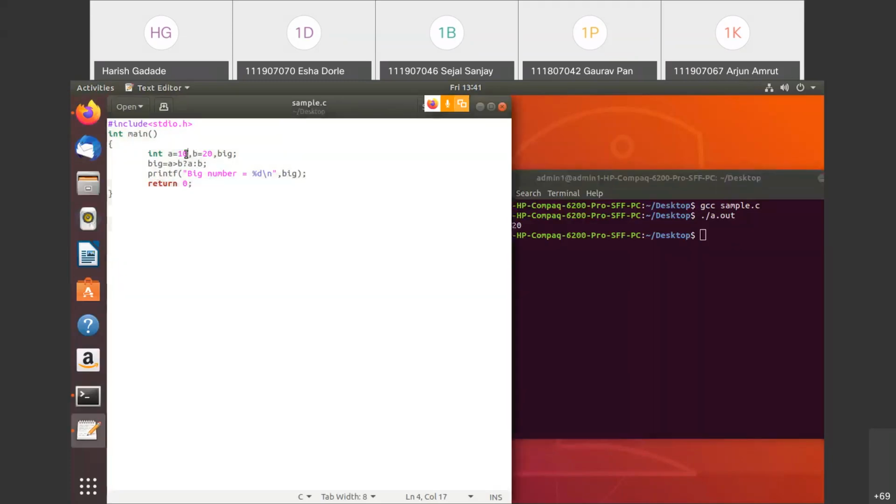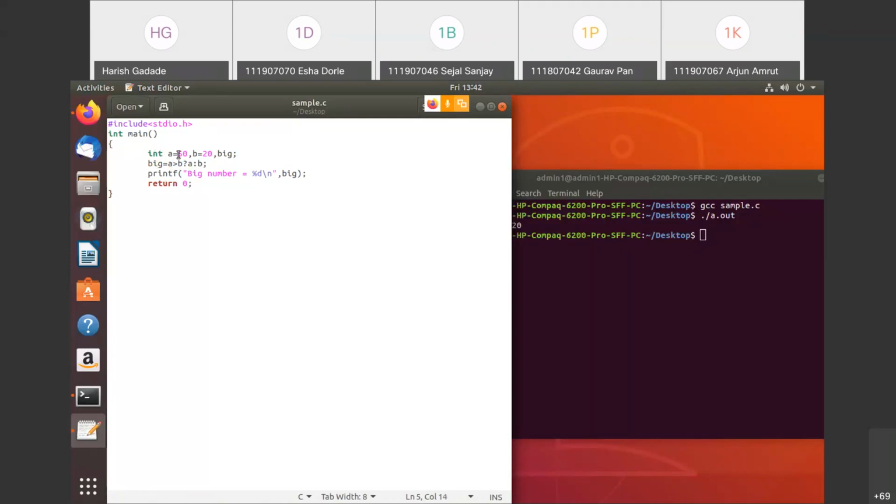Now suppose I change the A value to 50. Now what will happen here? Now A is greater than B. Is it true? It's true because A value is 50 and B is 20. As this condition is true, whatever is the A value will be assigned to big, and that big value will be printed.